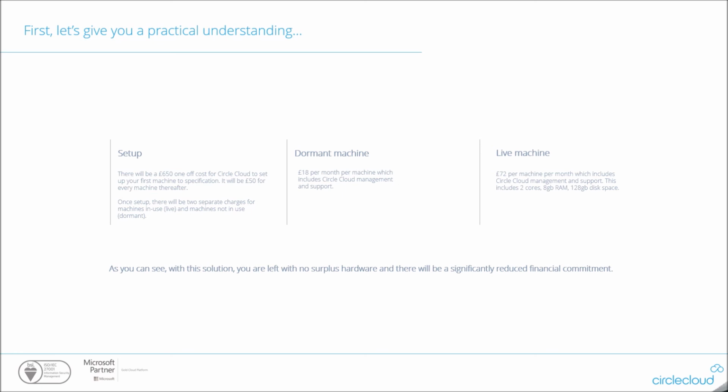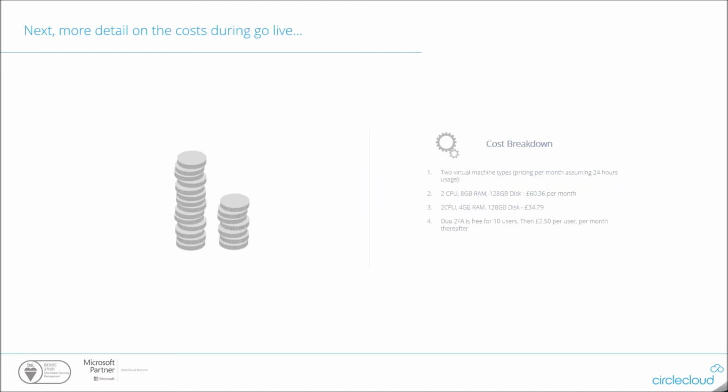This is basically how we believe that this solution can deliver exactly what our customers need, but without that financial risk. On this slide, we're going to provide a little bit more detail on the cost breakdown during the go live phase. The cost is basically made up of the Azure running cost for that specification of virtual machine. So as you can see, the example we used on the previous slide, which is 2 CPUs and 8 gigs of RAM with 128 gig disk, is £60 per month in Azure. Then you've got the £12 a month management and support fee from ourselves, from our managed services team, and the